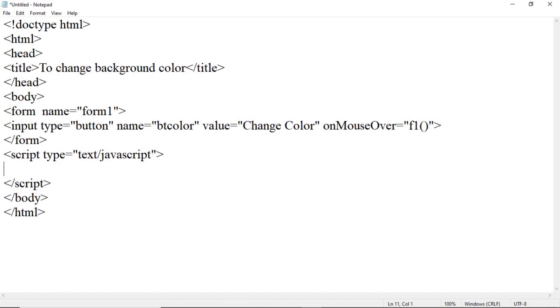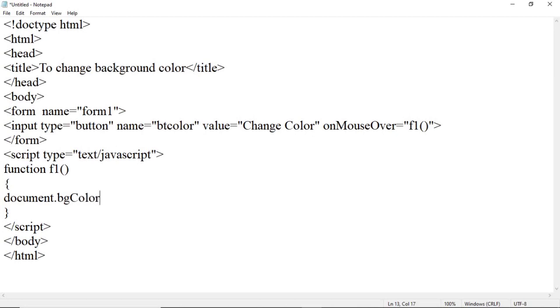So for that we have to write a function. Suppose function f1. Specify a body of this function. Suppose we want a background color, so for that we will use the document object. So document.bgColor is equal to, specify a color name.